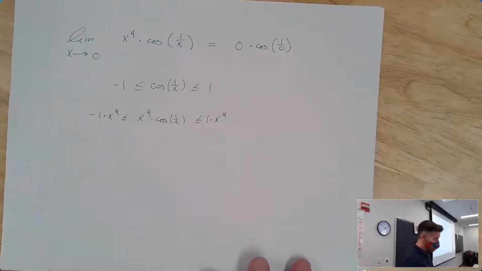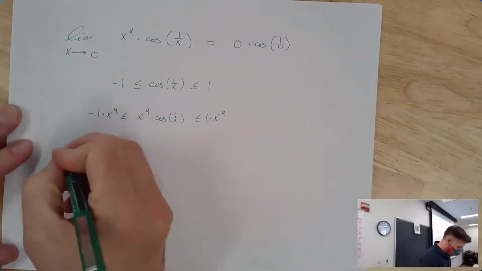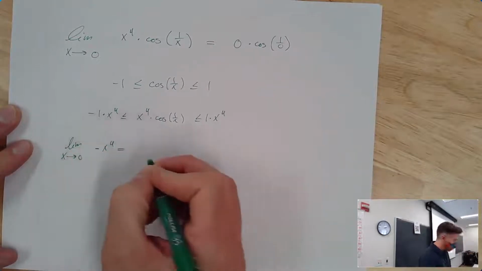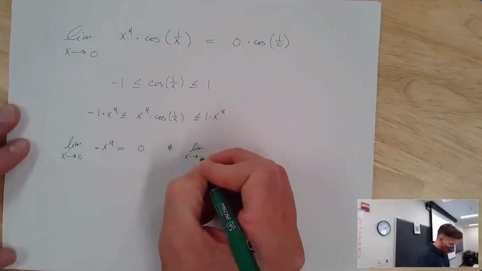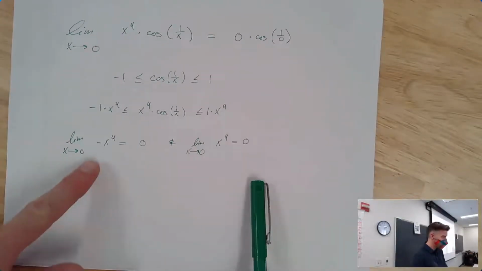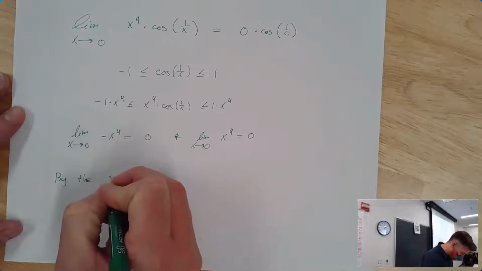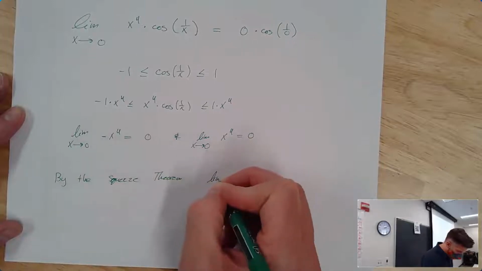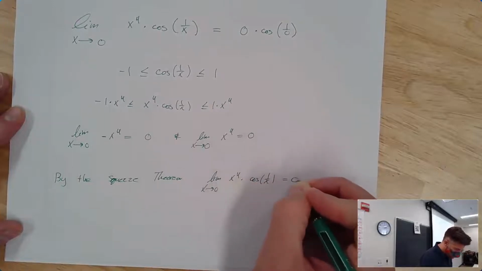And then we hope that when we take the limit of the outer parts of the inequality, they're the same. So the limit as x goes to 0 of negative x to the fourth, well, we can just plug in 0 and get 0. And the limit as x goes to 0 of positive x to the fourth is also 0. Since those are the same, we can say that by the squeeze theorem, the limit as x goes to 0 of x to the fourth times cosine of 1 over x is equal to